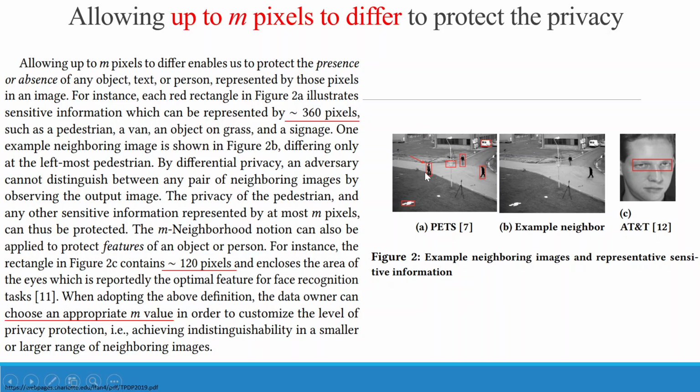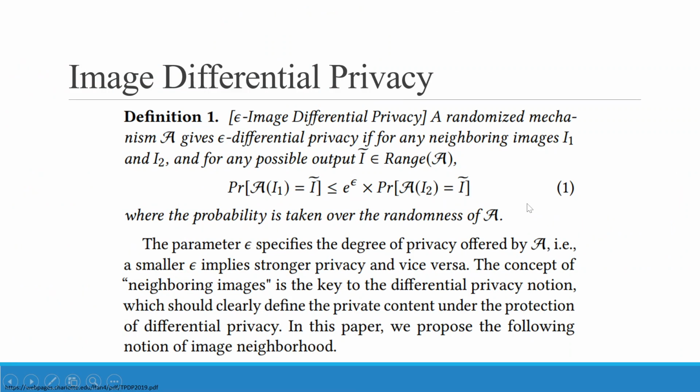The author of this paper observed the object in the image. What is the difference for the two images? How can we define the difference? For example, in this image,